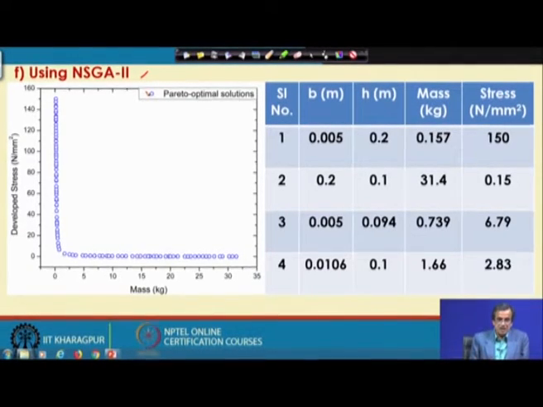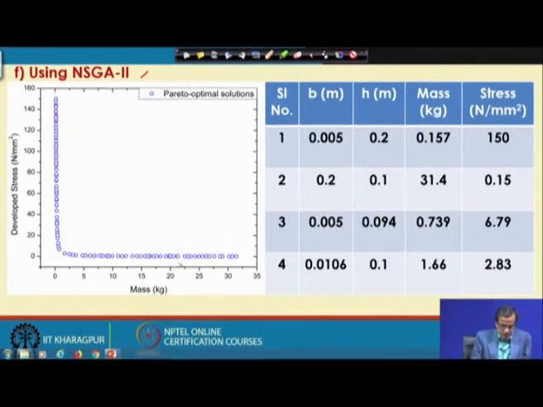Using the tournament selection as a reproduction scheme and the crowding distance concept to find out the diversification, we try to keep a proper balance between the population diversity and the selection pressure. And using the principle of crossover and mutation, we try to bring some new solutions into the population. If I follow this particular principle, there is a possibility that I will be getting the Pareto optimal front